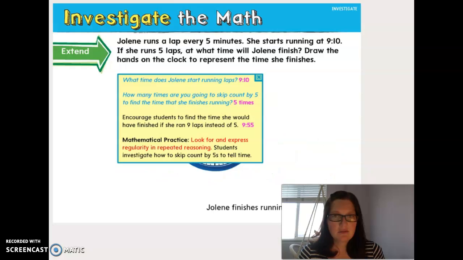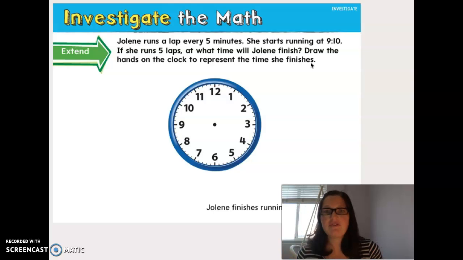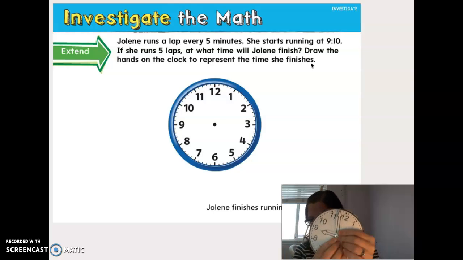So this isn't the page that we start on, I apologize. This one is a great representation of how we can sometimes get confused. So I'm going to show you on my clock what they're asking here. So Jolene runs a lap every 5 minutes. She starts running at 9:10. So let's make 9:10 on our clock right here. So my hour hand is pointing over here at the 9. Okay, and then my minute hand,